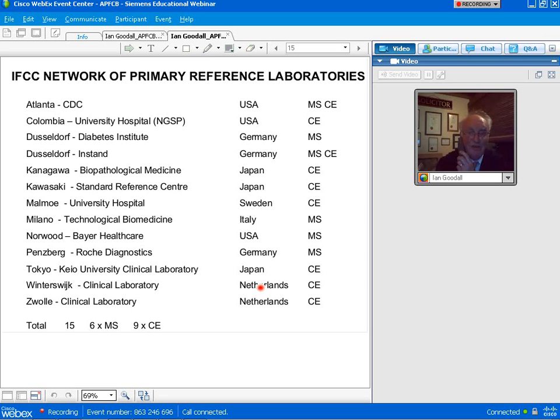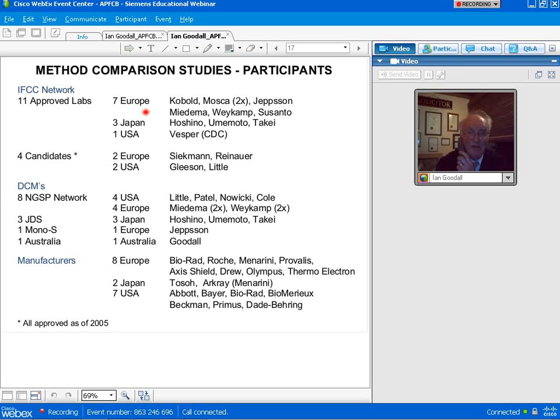So what we've got, there's been a couple of labs like Sweden have now, John Olaf Jepson's retired, and they've withdrawn their approved network laboratories. So what we've got actually is 11 IFCC full network laboratories, and they're the candidate laboratories at the moment, and they would be undergoing this through the 2-year. I'm not sure how far they are through the 2-year. In Shanghai, in Reims in France, in Calcutta in India, and Seoul in South Korea. So those 4 are undergoing this reference passing of standardisation, and the actual reference